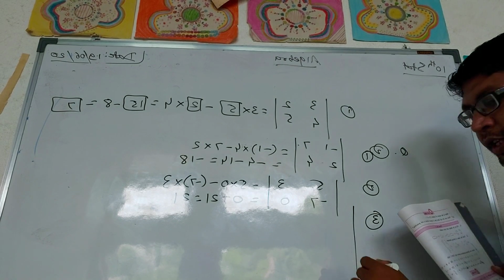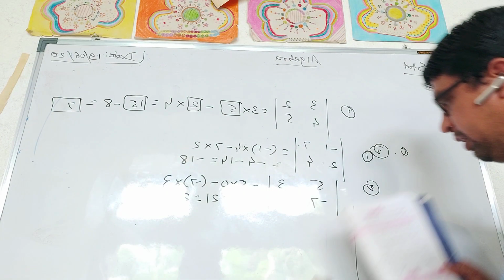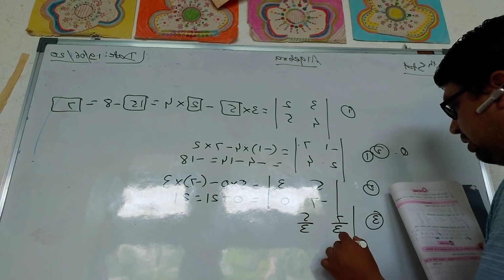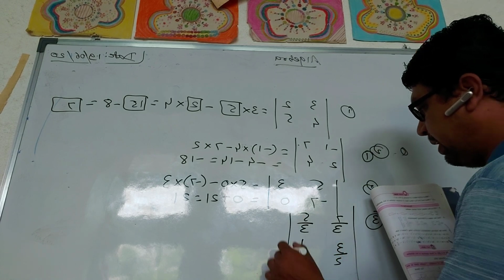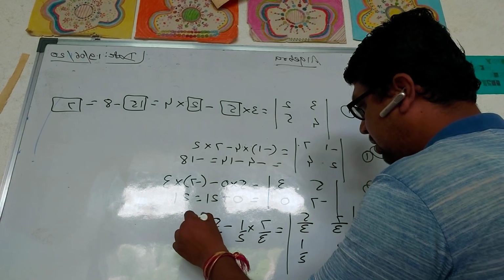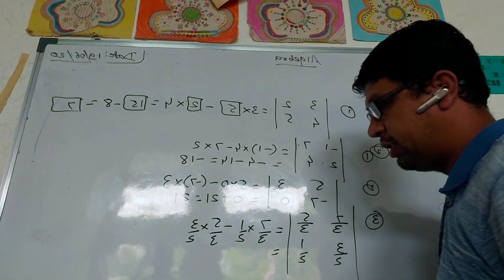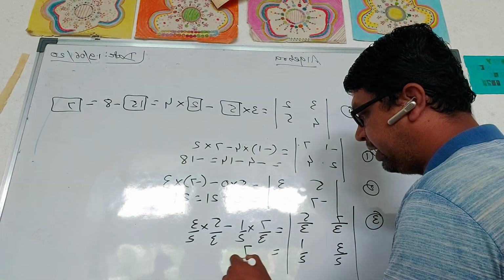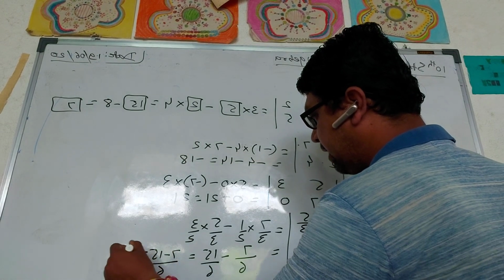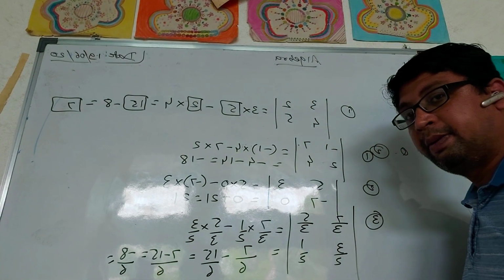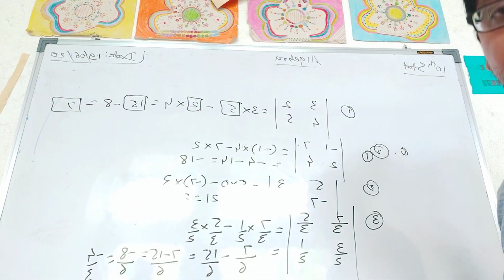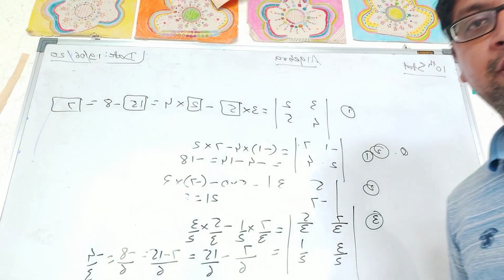Third is fraction type. I hope you are able to see. Yes, 7 by 3, 5 by 3, 3 by 2 and 1 by 2. Cross multiply: 7 by 3 into 1 by 2 minus 5 by 3 into 3 by 2. Instead of simplifying directly, multiply, it will be easy for you. Then subtract, you will get minus 8 by 6. Convert this into simplest form, divide by 2, you get minus 4 by 3. In this way you can write in your notebook, or you can take a screenshot.